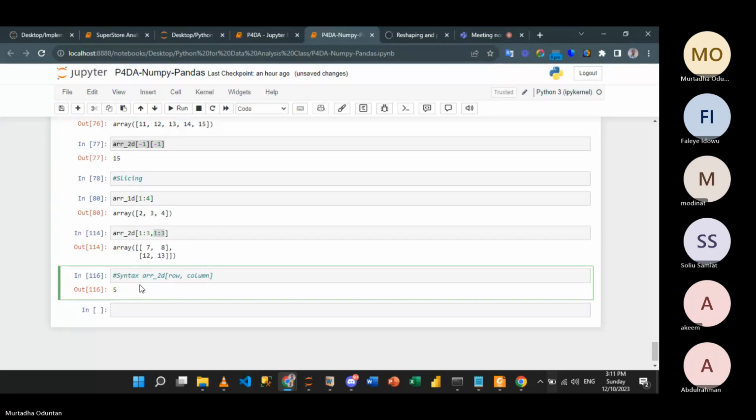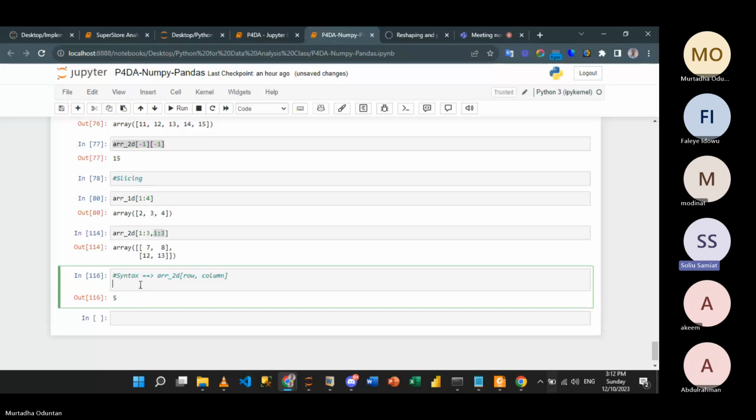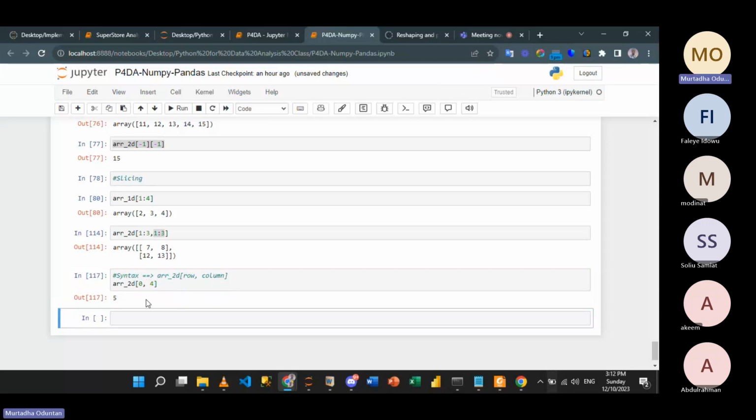Sir, that 3, I think it's supposed to be 2 because that 7 and 8 is in column 2, not 3. Yes. Don't forget that I explained that when you are slicing, the last item that you want to pick, you make sure that the index is not the index you want to pick. So, for instance, I'm coming in 1 minute, I will explain this again. So, for instance,